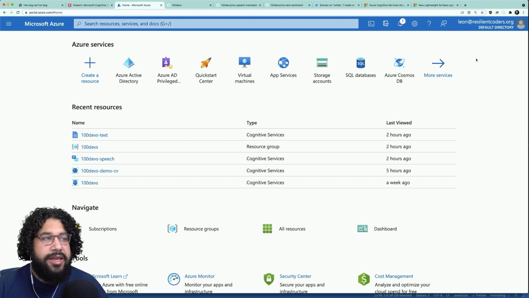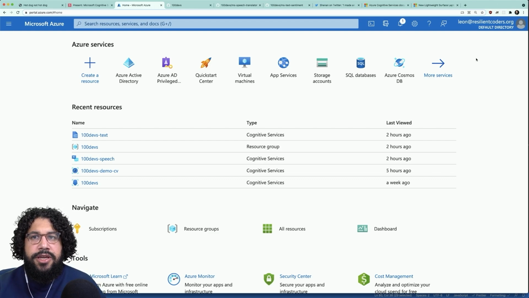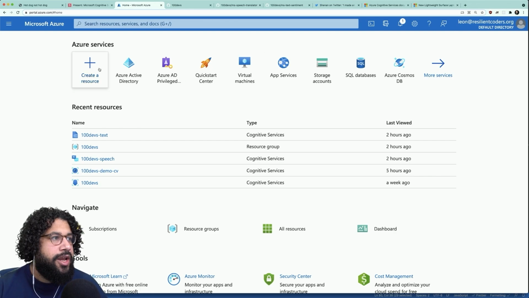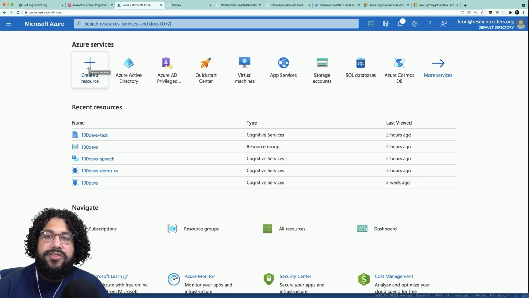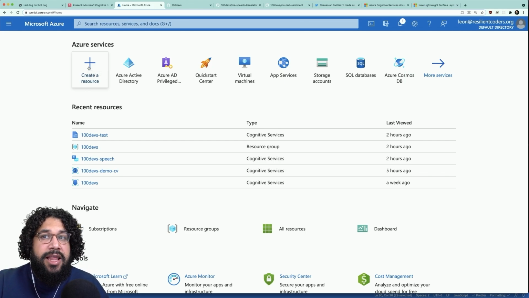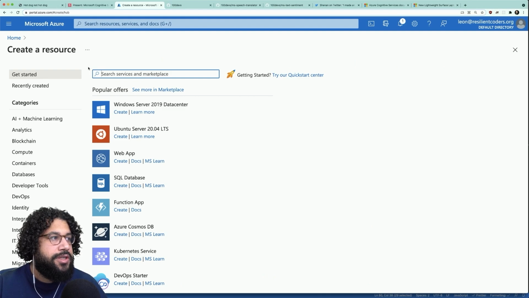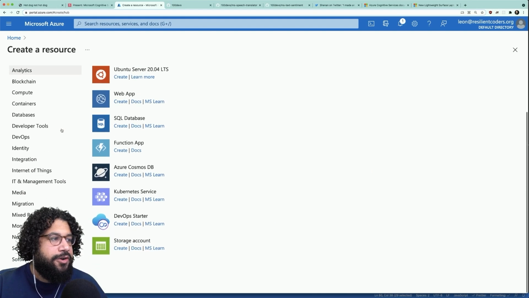So you just log in and it kind of drops you here. You go to your portal, or you just get to this place here. And what you want to do is go ahead and create a resource to get the keys for any of the different services you want to use. Cognitive services that we've been using is a big overarching umbrella, and there's a lot of different things that you can get keys for. So I'm going to click create a resource,